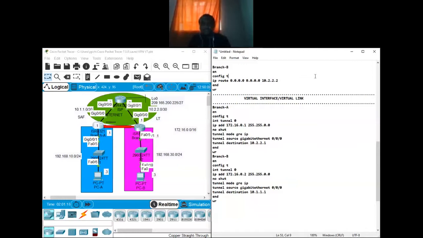We have several types of dynamic routing, but for the purpose of this class, we can use RIP or OSPF, any routing protocol. For now, we are going to use OSPF as the routing protocol so that our branch A can exchange information with branch B. Branch A can teach branch B about the local area network it has directly, and then branch B will teach branch A about the local area network that it has. Yes.